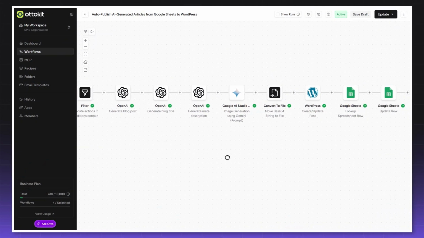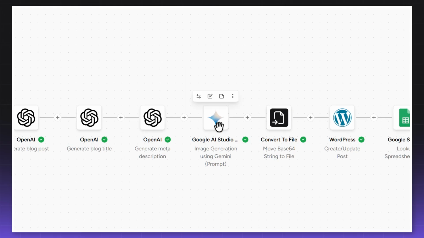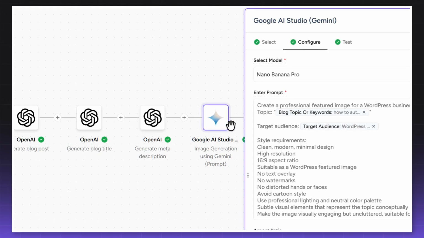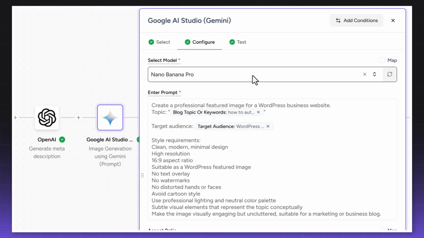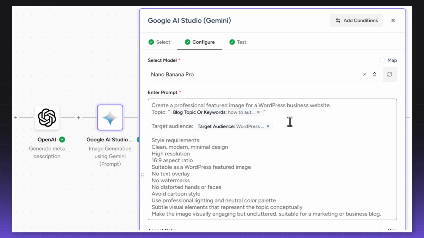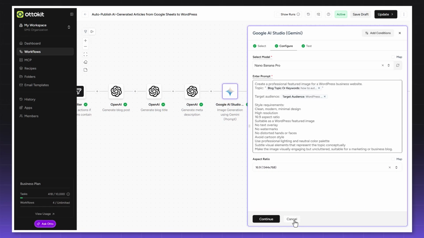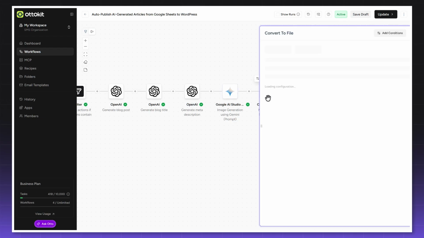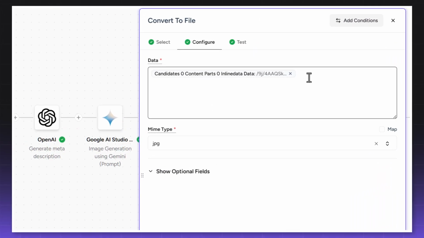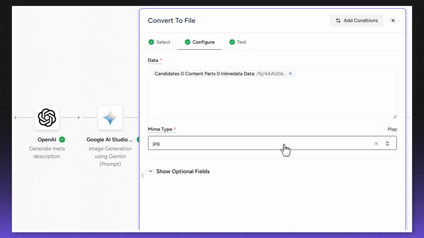I'm using Google Gemini, specifically Nano Banana, to generate the featured image for the post. In the prompt, I include the topic ideas and target audience, along with some style requirements. The image output is then converted into a usable file URL so WordPress can attach it properly as the featured